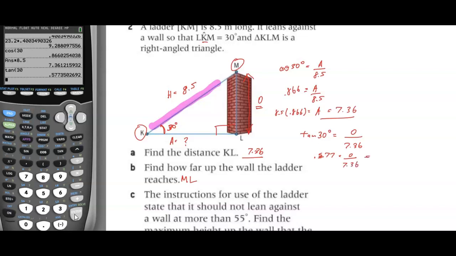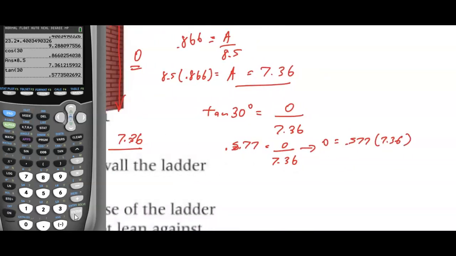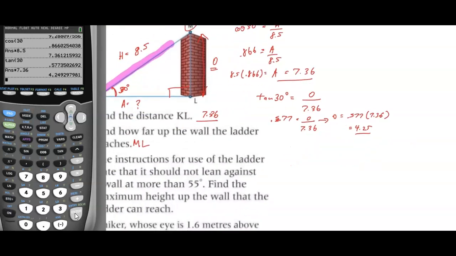Opposite is equal to 0.577 times 7.36, which is 4.25. So the ladder reaches up 4.25